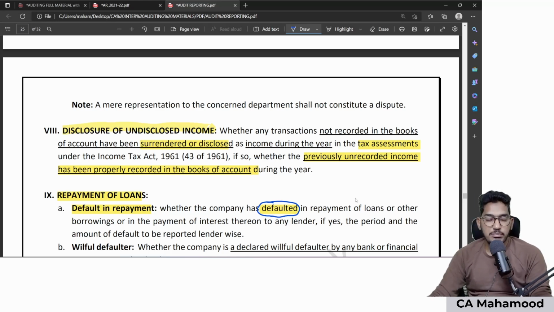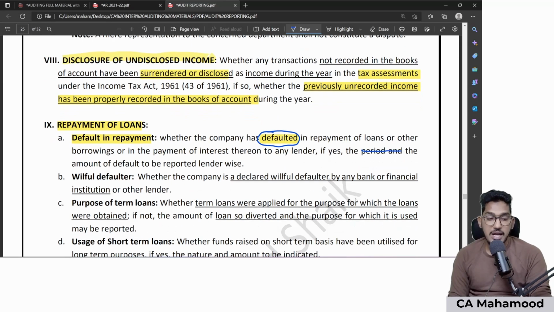So whether your client company has made any default in repayment of loans or borrowings. If yes, I need to report the period and the amount of default for each lender. Lender wise amount and period of default should be reported, not the total amount of default. For each lender, how much period of default has been made, how much amount of default has been made, that